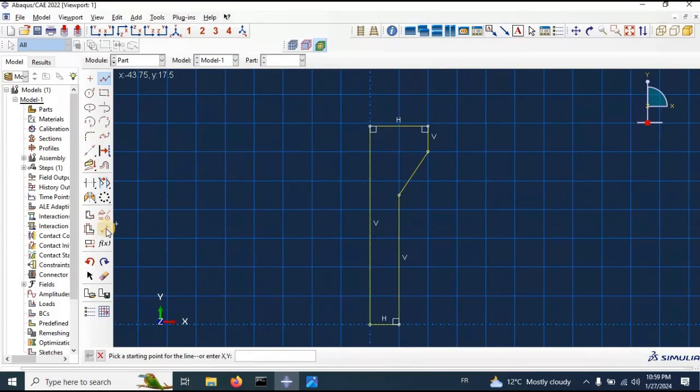We need to take some dimensions for our specimen. As we said before, we draw the quarter of our part and use the symmetry option to draw the whole part. Click on this option to take dimensions, click on the line and add dimensions. We add 50 millimeters